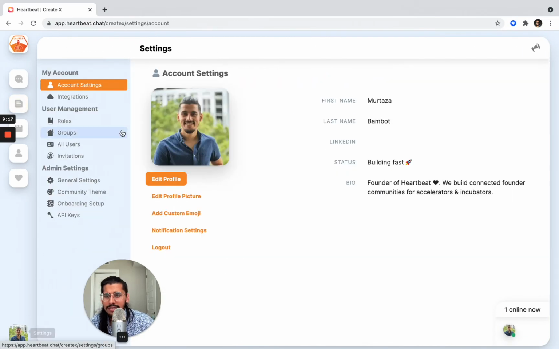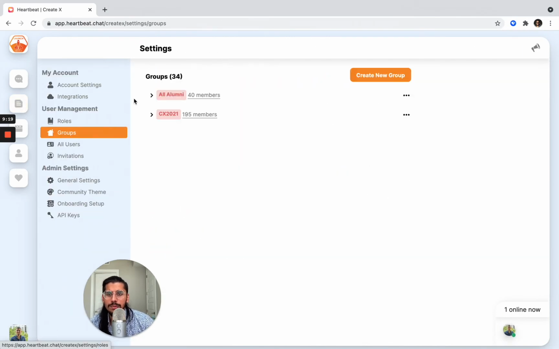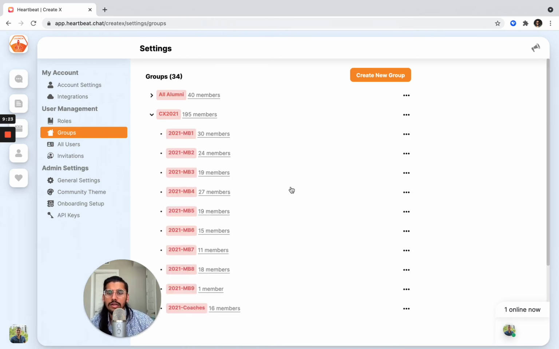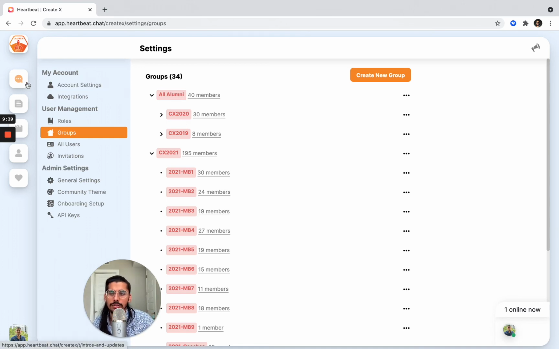And then the last thing that I'll go into over here is groups. As you start using Heartbeat more and more, you'll find yourself wanting to subdivide your members into different groups and categories. And so Heartbeat makes it really easy to create groups and create subgroups on top of that, where each group, you can create groups below it. You can mention the groups across the platform. You can grab them in threads. You can grab them in comments. And then really easy ways.